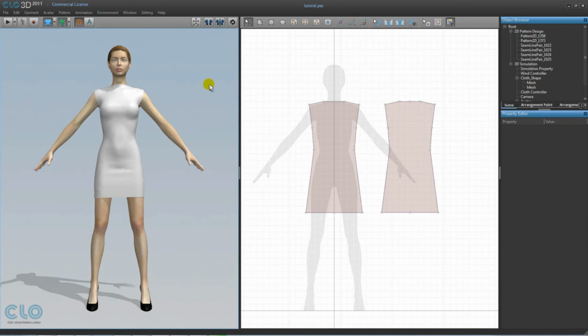In this tutorial, we will make changes to the pattern of the dress. As you can see, the dress right now is extremely tight on the avatar, and we will fix this by making changes to the pattern. We can confirm the overall fit of the garment visually, but we can also analyze it a bit more in